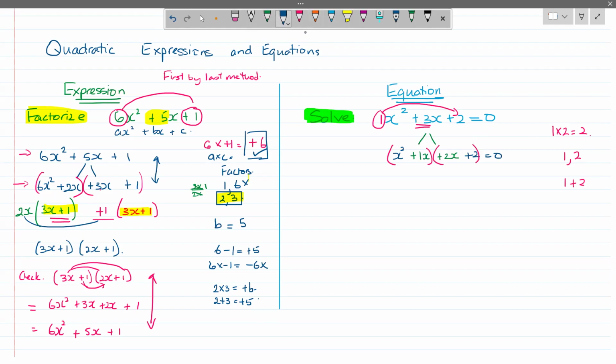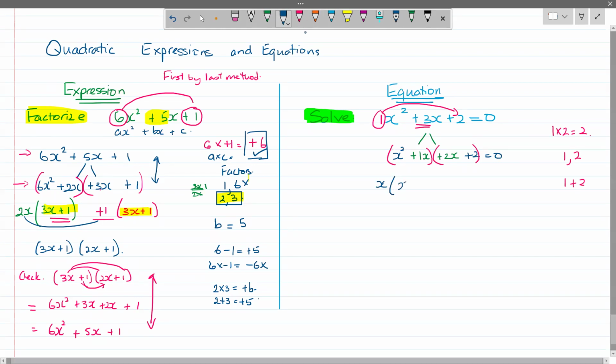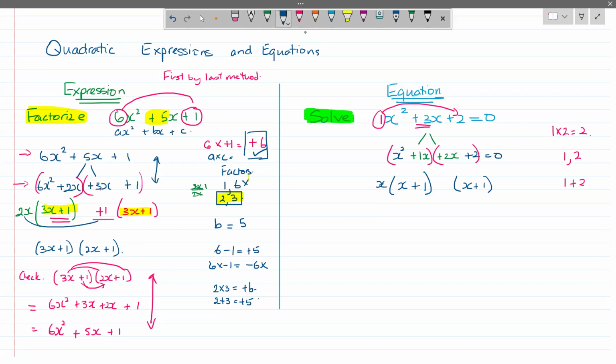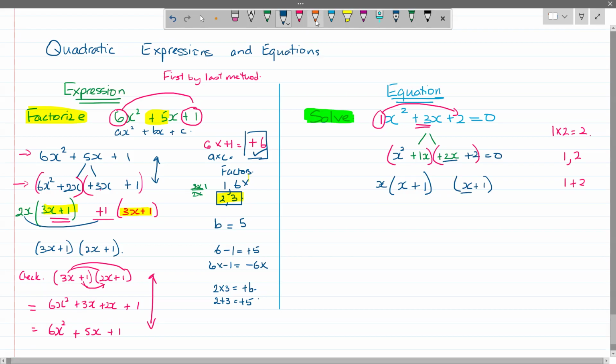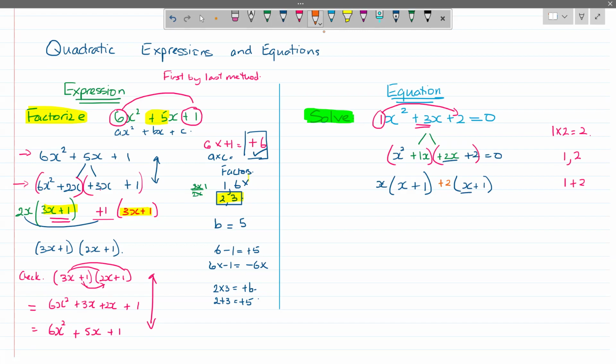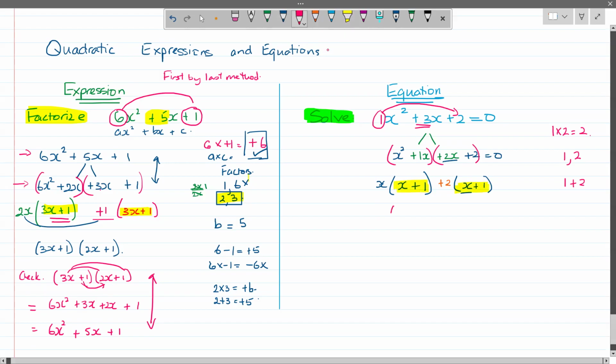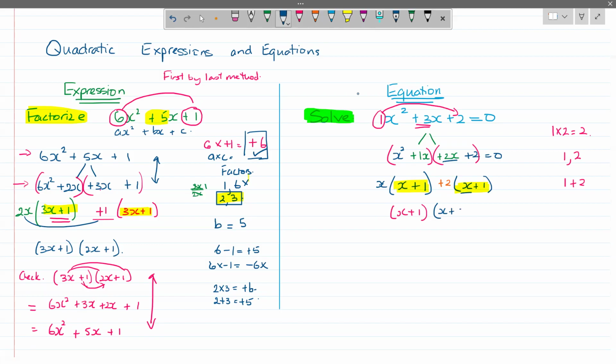If we look at this group here, the common factor is x. x is common to these two terms. x into x squared will give me x, and x into 1x will give me 1. The x's will cancel. I have to copy this bracket back on this side. This and this have to be the same. And if I compare this term and this term, what's missing? The plus 2. Plus 2 by x will give me back plus 2x. Plus 2 by 1 will give me plus 2. Now, these two brackets are the same. So we could factor that out. And I'll get x plus 1, and I will put the x plus 2